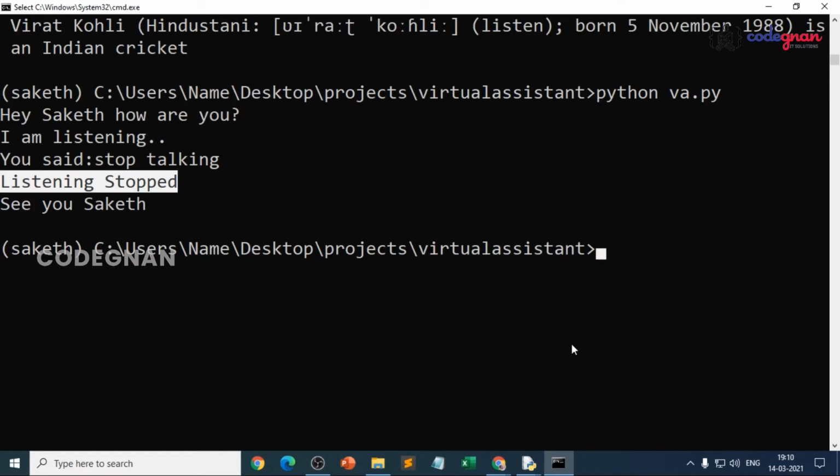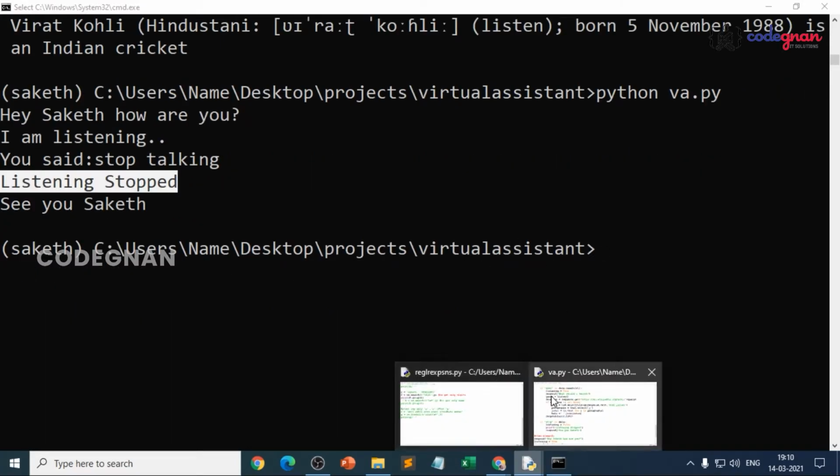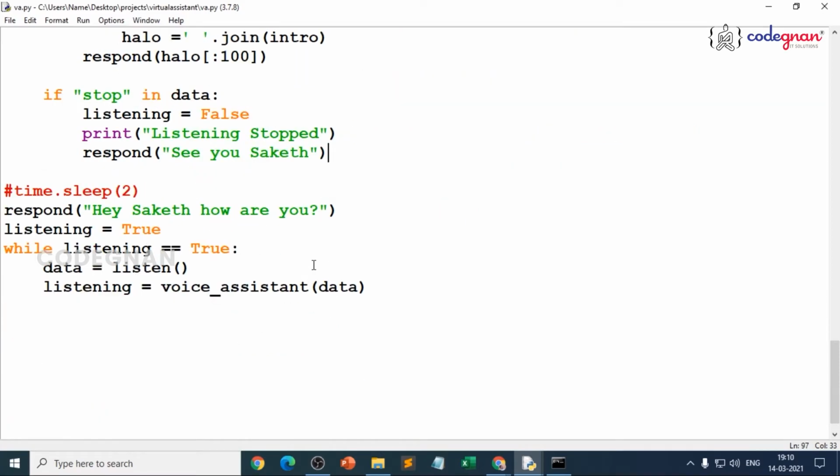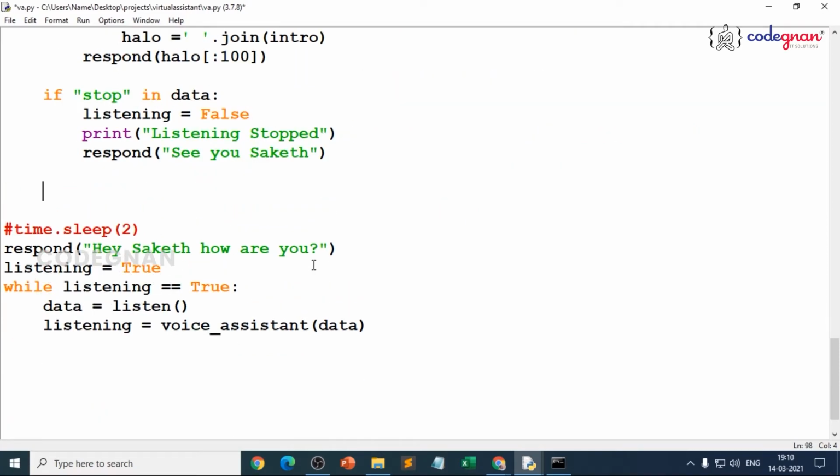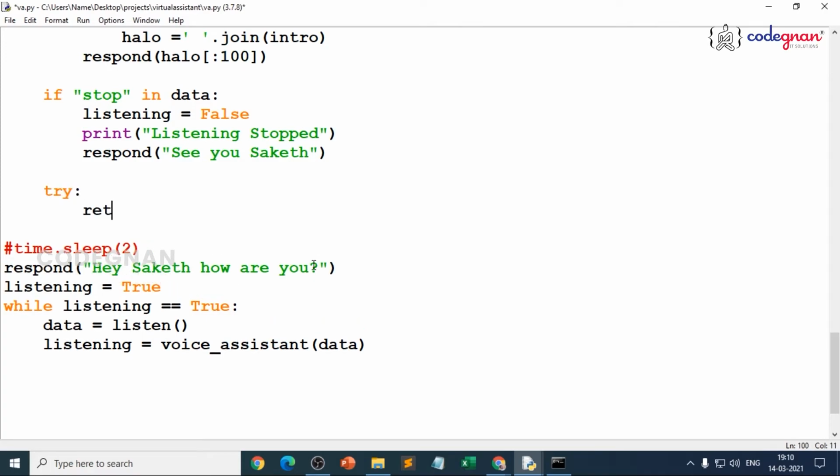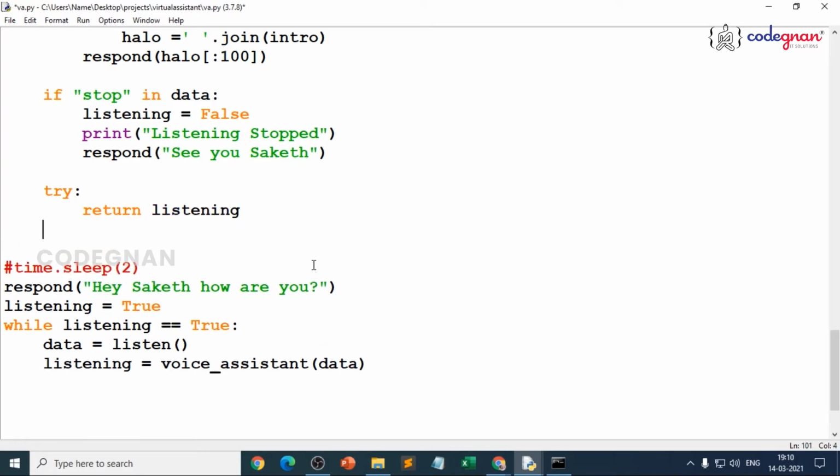Now I'll make my virtual assistant continuously communicate. That's where we just need to go for exception. That's simple, you just write the exception here. Try. It should return listening every time. Every time listening is true, then it will go for it. Once we go for exception, that is an unbound local error,